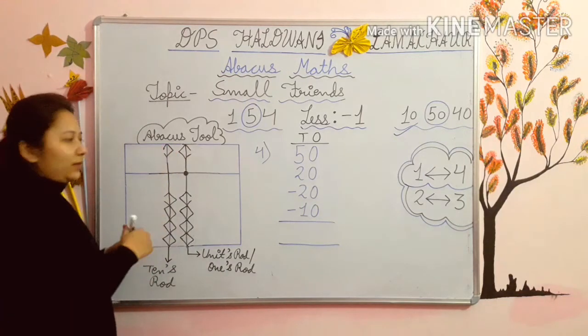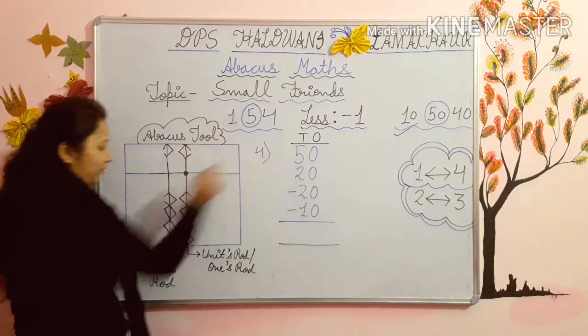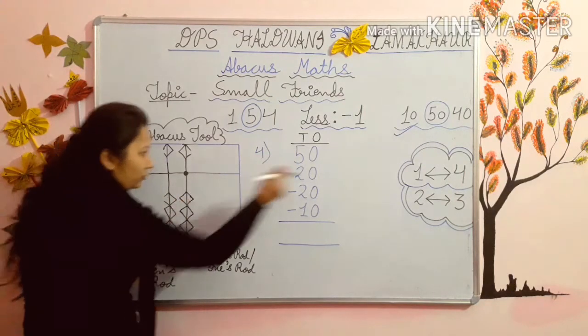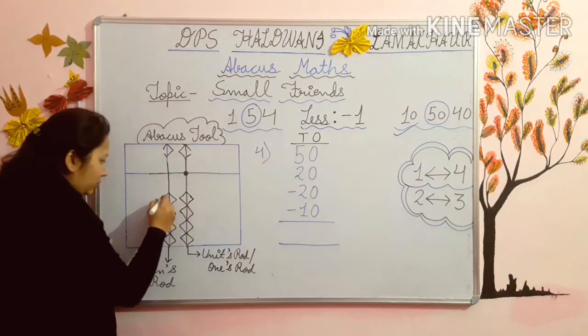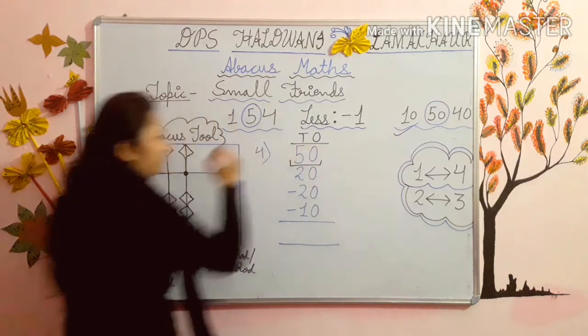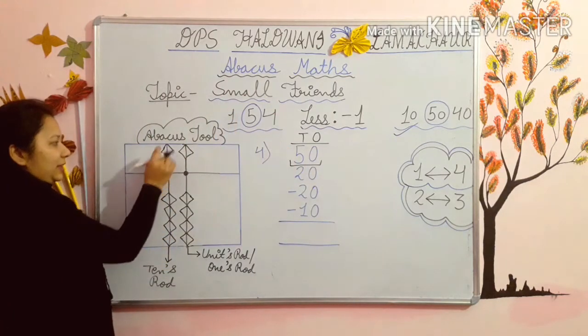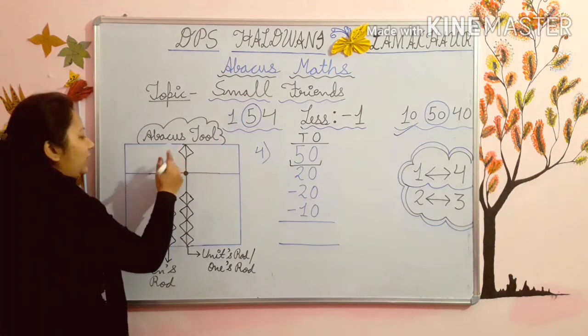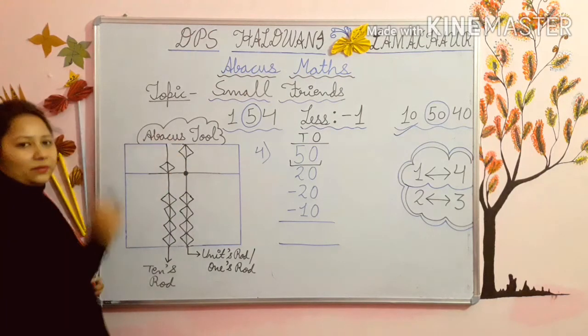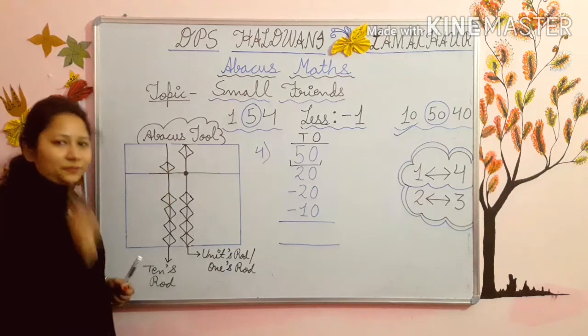We will do the sum directly and in this sum we will use this. You can do it one by one also, like 0 in the ones rod and 5 in the tens rod. You can do this also, kids. But you know that all are zeros, so we will do this sum directly. Now add 50. 50 means this bead. Add 50 means put the 50 bead down. I have added 50.